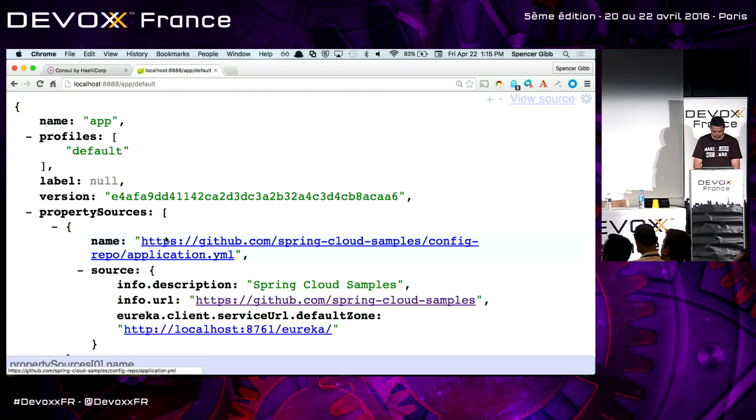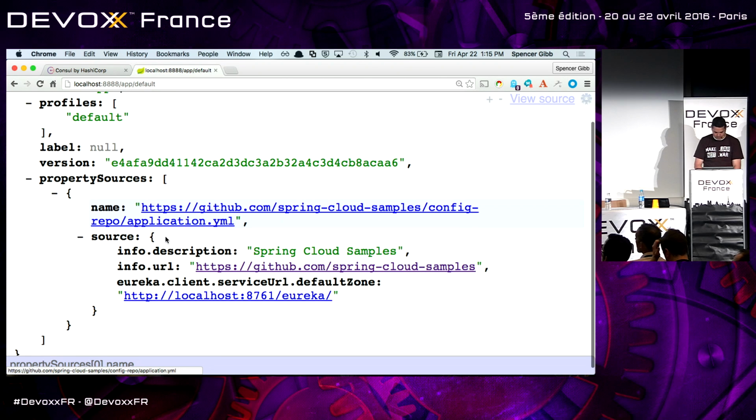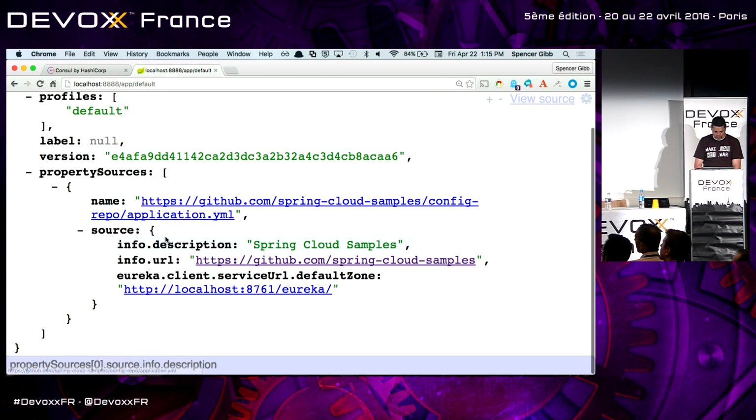So here you see this came from config server. It went out to this GitHub URL and loaded just these few properties. You can see this came from a file called application.yaml.